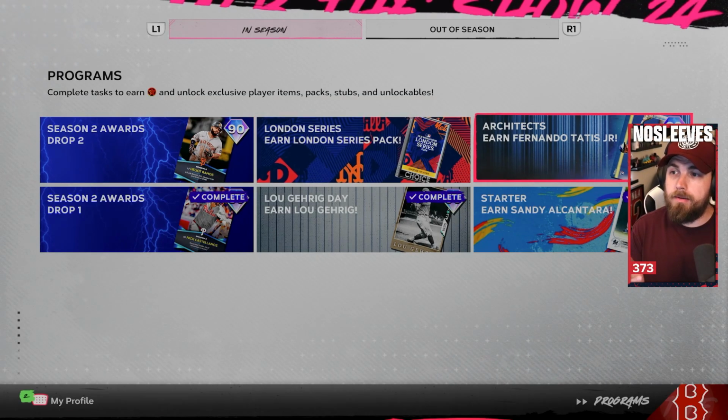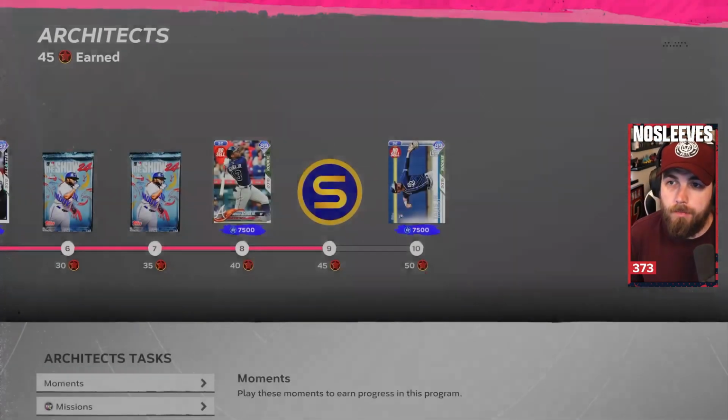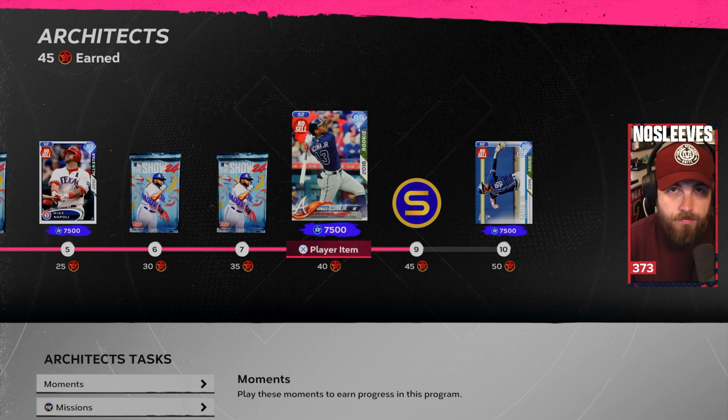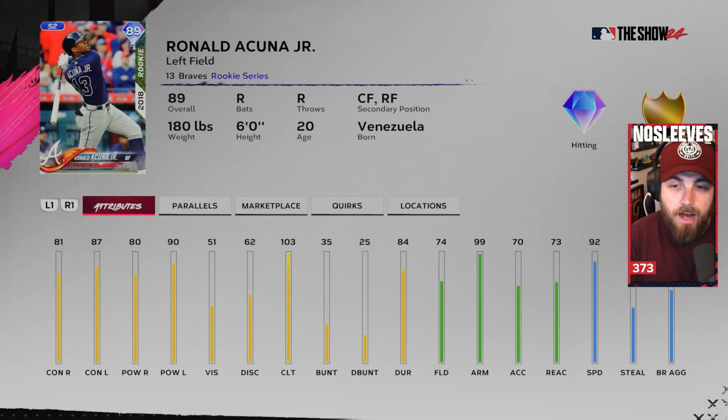Now, the other programs, the Architects program that they did drop is actually really interesting because it really helps boost the captain's cards that came out, specifically the Rafael Devers build, which will boost power from both sides of the plate by 15 with anyone under 74 fielding. So you've got this Ronald Acuna who's going to basically have 100 power from both sides of the plate as well as 80 contact and a really good arm